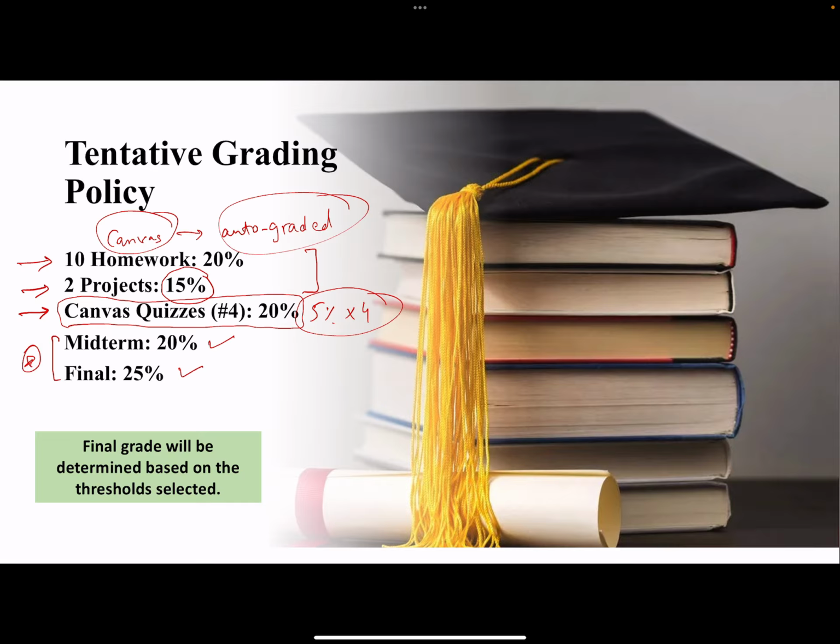So final grades will be done based on some thresholds, and those threshold selections will be done based on how the entire section is performing in most of these assessments. But the grading scheme that will be assigned to our asynchronous section will be different as compared to the in-person section. So our section is going to have an entirely different grading scheme, and all of you are going to receive grades separately as compared to the in-person sections.